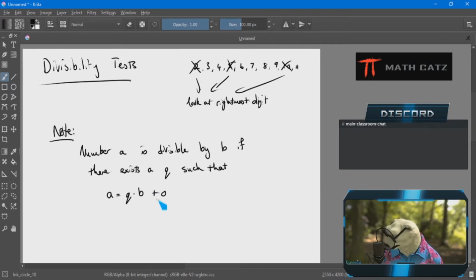We've seen this before, but technically divisibility is defined like this